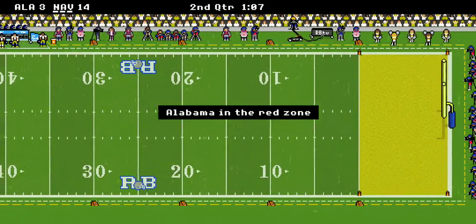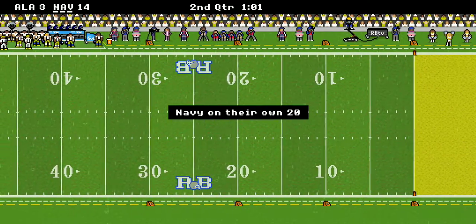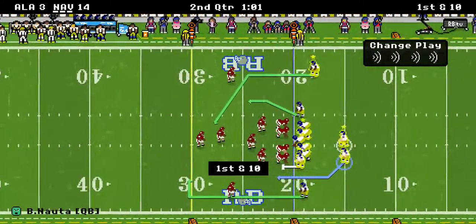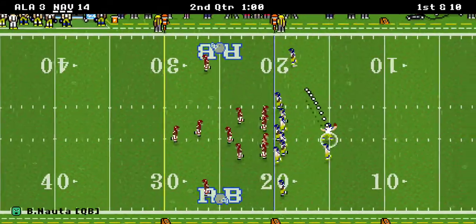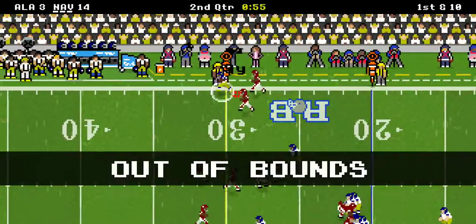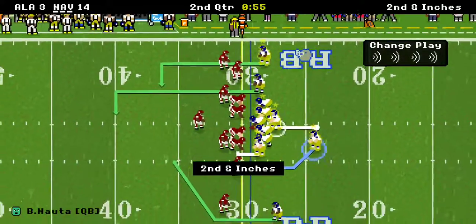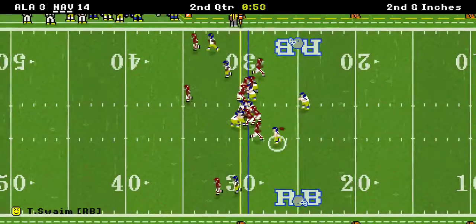Alabama's moving down. Oh, and they tried to settle for a field goal, but missed. That's going to hurt right there. And we've got 1st down and 10 at the 20-yard line. Here's a quick out right there to Colkin. Oh, and Colkin's got to be more careful right there, as he would have had a pretty good...